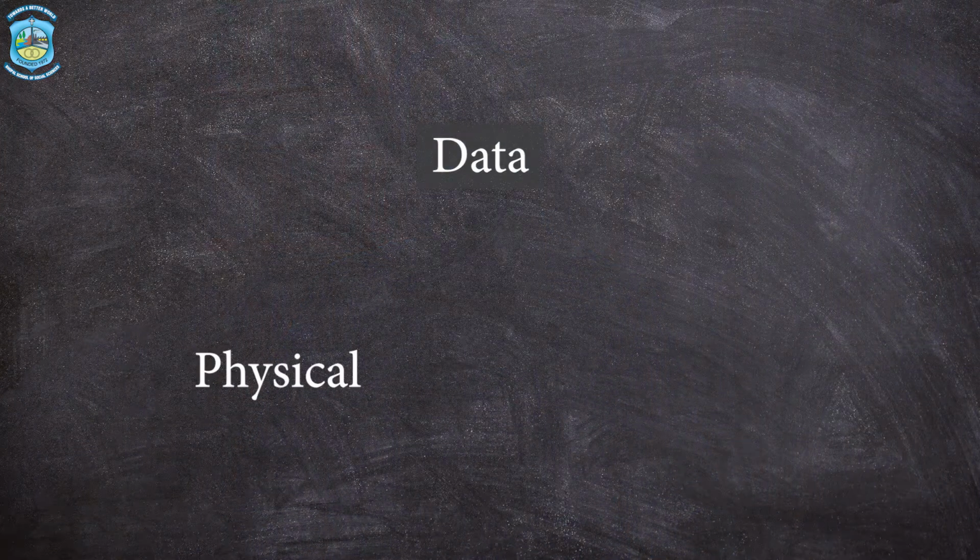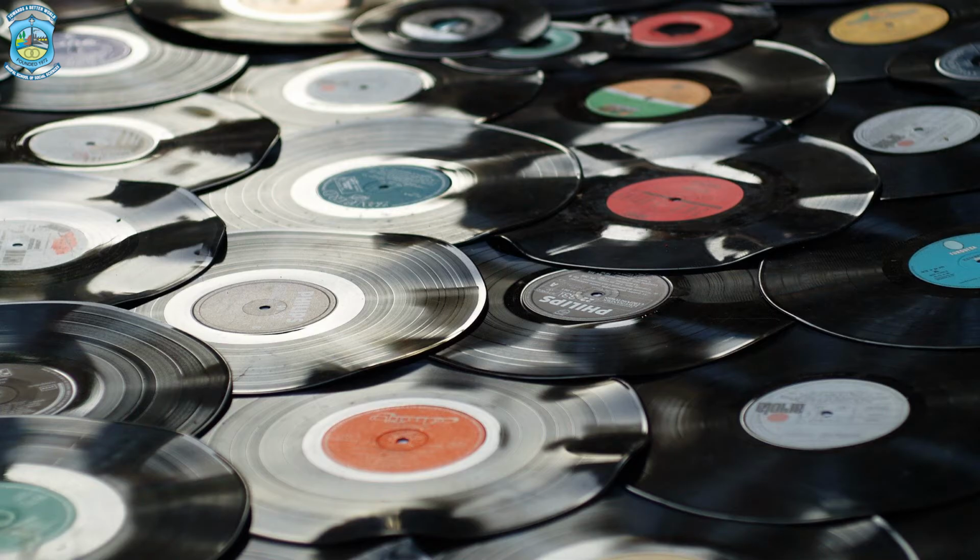Next, we come to the concept of data again. Data can be viewed in two terms, first physical and second logical. The physical concept of data refers to the way we organize the data or store the data physically for further reference and use. For example, filing cabinets, disks, tapes, drives, etc.